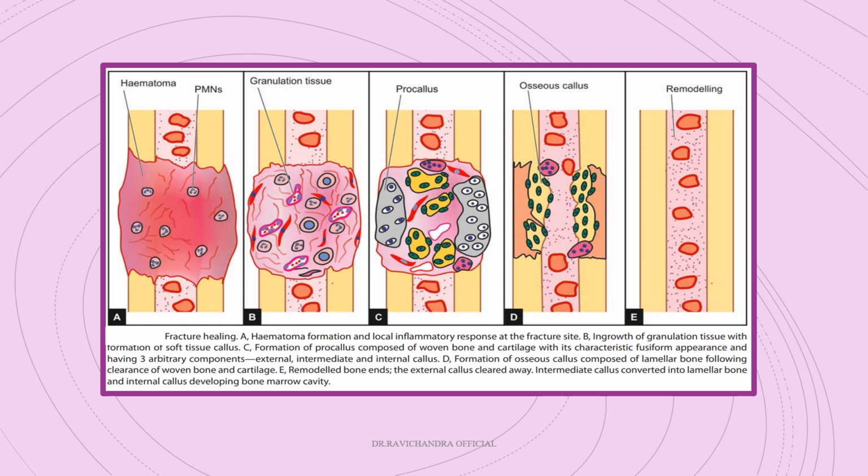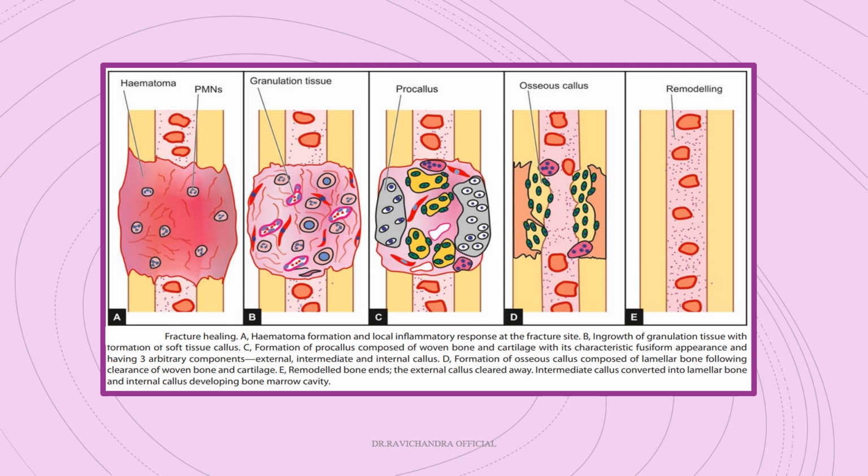So, this is a picture showing fracture healing. In picture A, you can observe the hematoma and local inflammatory response at the fracture site. In diagram B, there is ingrowth of the granulation tissue with formation of soft tissue callus. And in picture C, there is procallus formation which consists of woven bone and cartilage with its characteristic fusiform